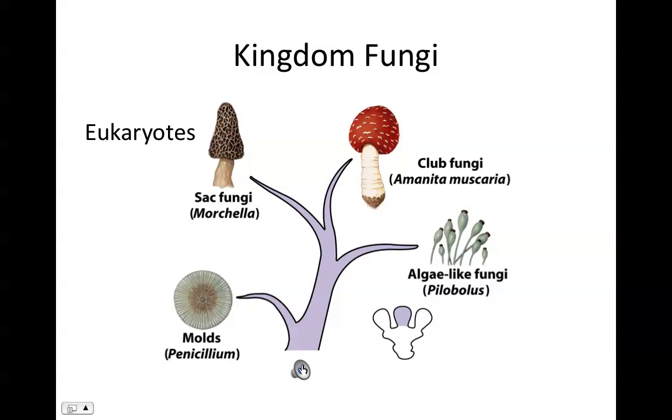Like the kingdom Protista, organisms classified in the kingdom Fungi have eukaryotic cell structure, but the big difference is that in the kingdom Fungi we find both single-celled and multicellular organisms. They are non-photosynthetic, and they have quite distinctive characteristics different from the protists.